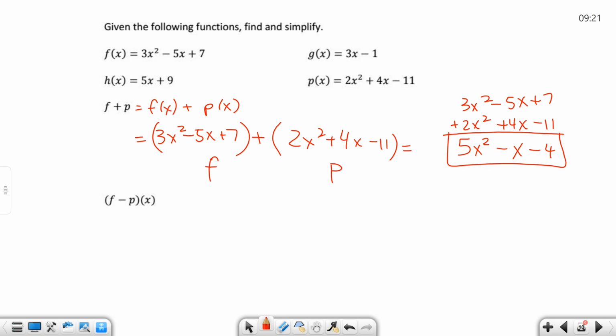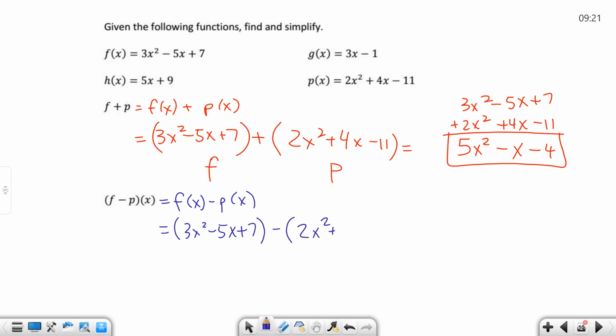So f minus p of x. All right, so the next one, f minus p of x. So really what this means is f of x minus p of x. So it's really the same thing I just had, 3x squared minus 5x plus 7, and then minus, now this